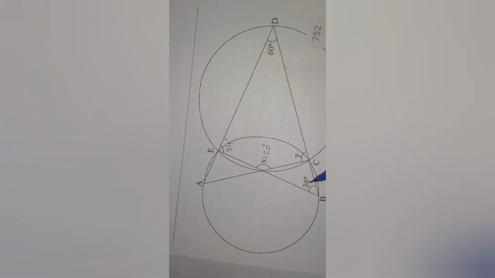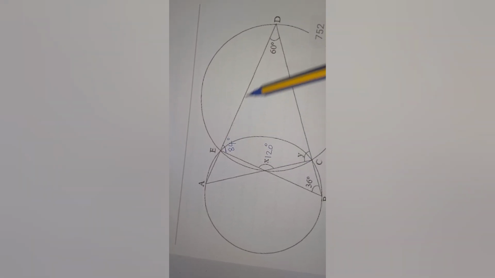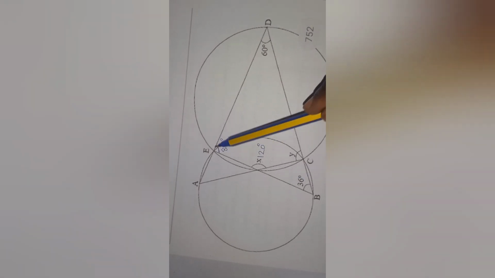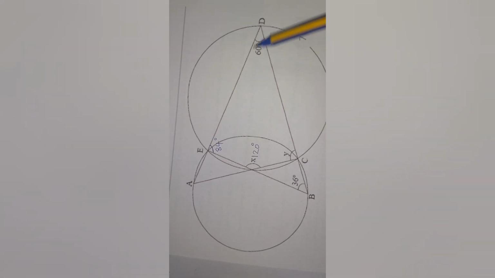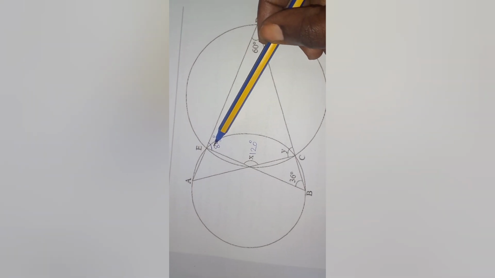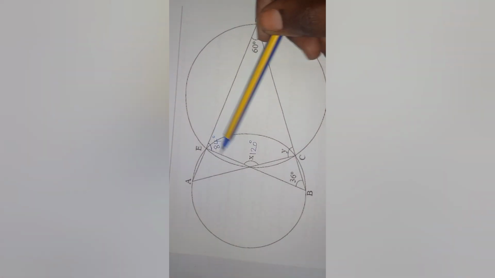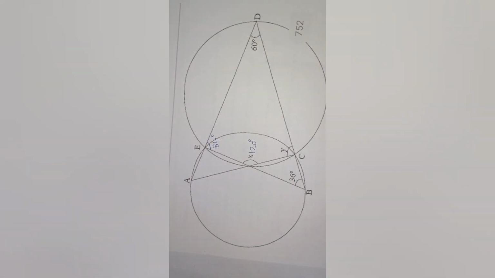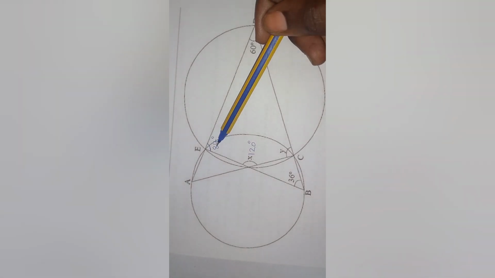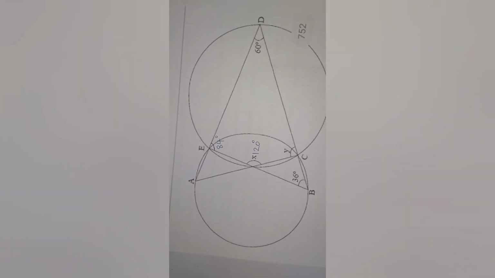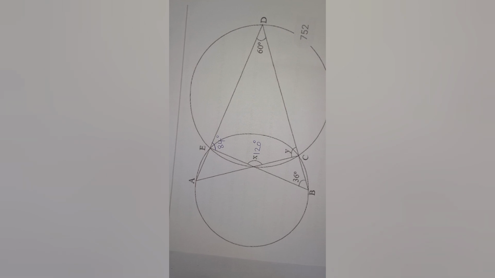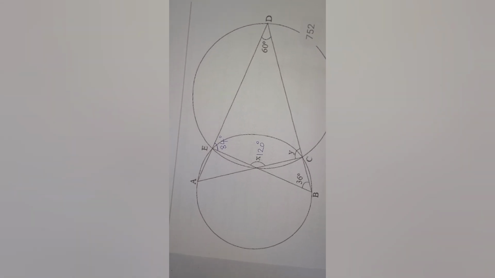This angle here will be 84 degrees because interior angles of a triangle add up to 180 degrees. So once you get this angle, you can get this angle. Opposite angles of a cyclic quadrilateral add up to 180 degrees. So take this angle, subtract from 180. What will you get? 6. So this angle